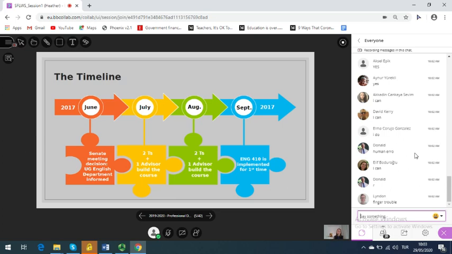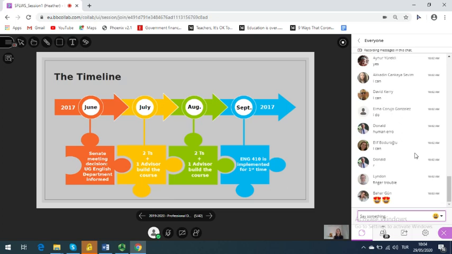So again, this is the initial timeline of the course. Way back in 2017, there was a Senate decision, and then the decision was made that there would be continued English courses for third year and fourth year students. And so you can see that there wasn't really a lot of time. So the timeline probably more accurately looks like this. But the two teachers and the advisor, which again was Keith and Naji and Nesrin, they only had about 2 months to put this together, and they also had to finish this before the holiday time came. I'm not exactly 100% sure about which months this happened in, but regardless, they had about 2 months to build the course, and they didn't really have a lot of time, so they really relied